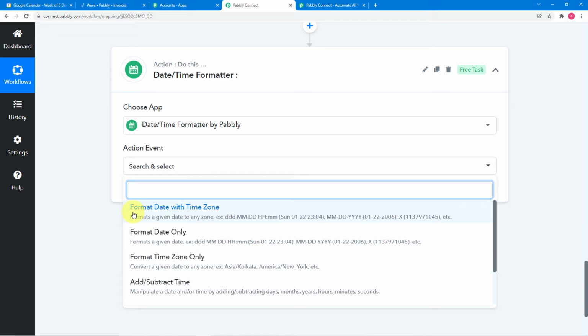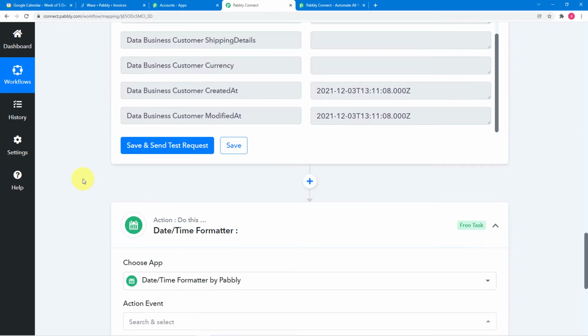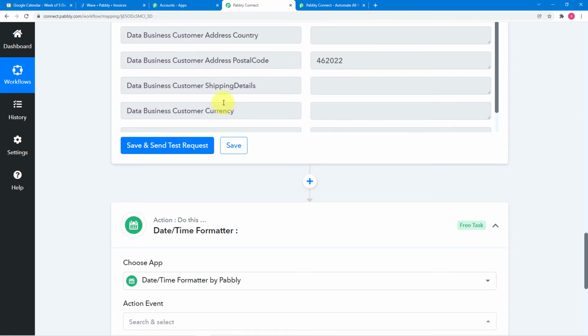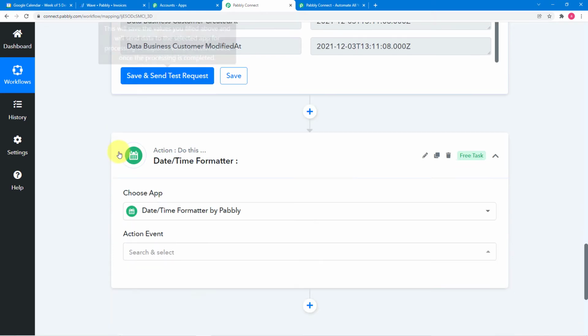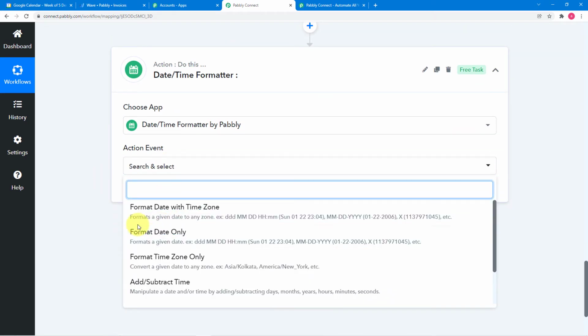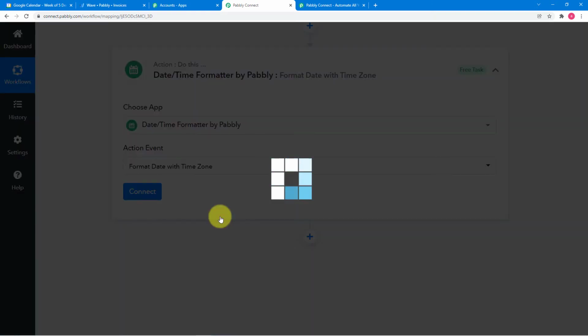So we are using this feature, format date with time zone. Okay, because we got the date and time zone together, wherever we have captured the date and time, we get it together like this in this format. Okay, so you have to select this action event as format date with time zone. Okay, then click on connect here,